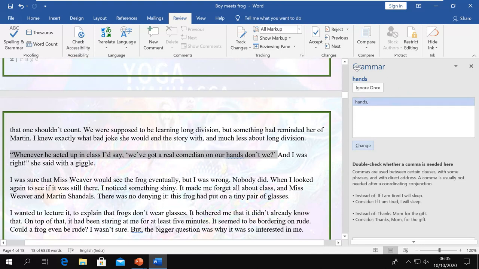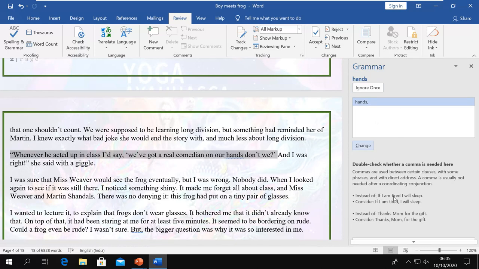And then now you have a grammar problem. Now when you have a grammar problem, it highlights the whole line here, and it highlights the problem, and you can see it in the blue waving line. And when you see the grammar problem, it also gives you the explanation with examples.